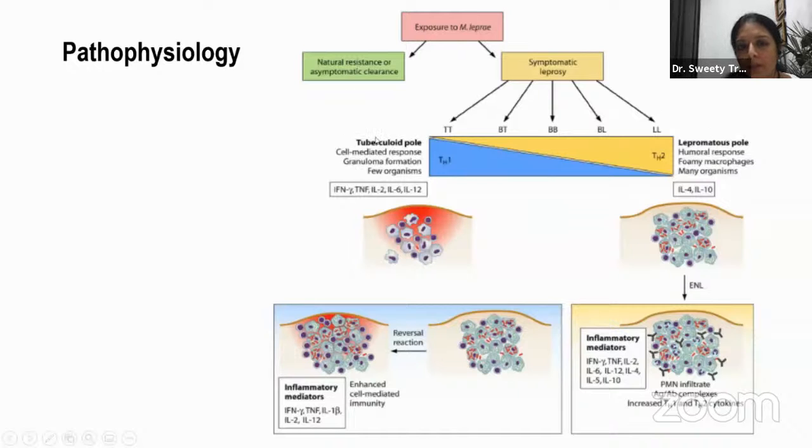How do we know the tuberculoid pole by clinical examination? They have fewer lesions, because the cell mediated response is so good that the bacilli are killed, they are contained, and a good granuloma is formed. When the biopsy is done, we see a well-formed epithelioid granuloma with macrophages and Langerhans giant cells. No giant cells are seen in lepromatous poles. You will hardly find any bacilli in the tuberculoid pole when biopsy is done, whereas you will find a lot of bacilli in the lepromatous pole. Now coming to